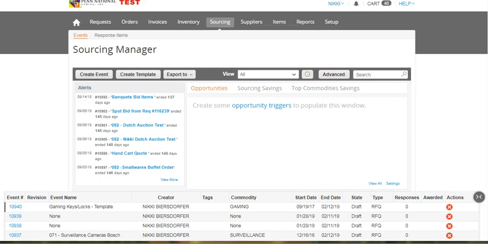Welcome to How to Create a Sourcing Event. We start in our Coupa page with a Sourcing tab, which defaults to our Events subtab, which takes us to our Sourcing Manager page. Here you can see that there are alerts, which will give you the most recent sourcing